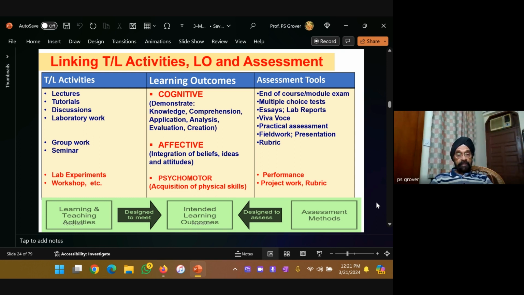Now, for example, for a teaching activity, lecture, tutorial, discussion, or laboratory work, which contribute to cognitive learning, then knowledge, comprehension, etc. And assessment tools are the examinations, the multiple choice questions, essay, lab reports, practical assessment, lab work, and so on. Now, in the affective domain,